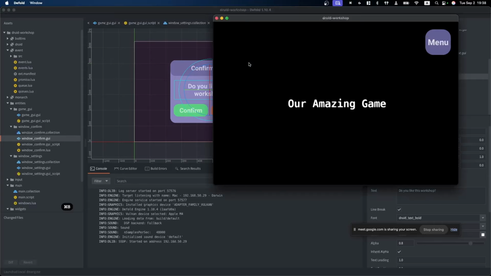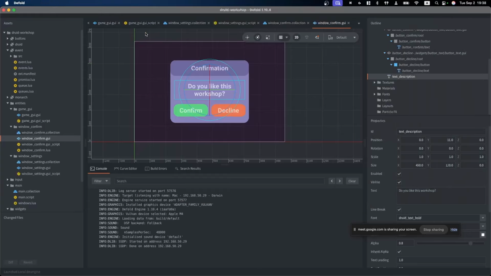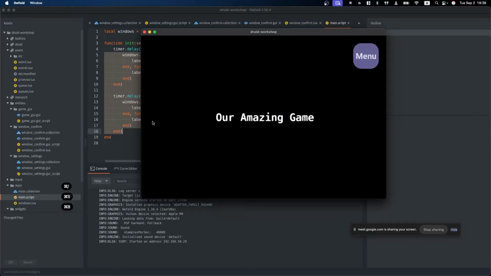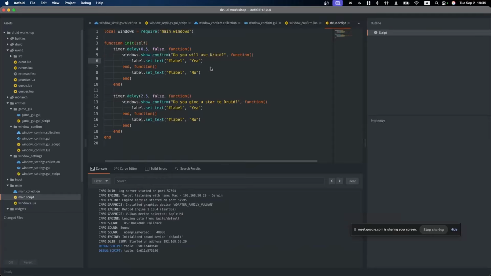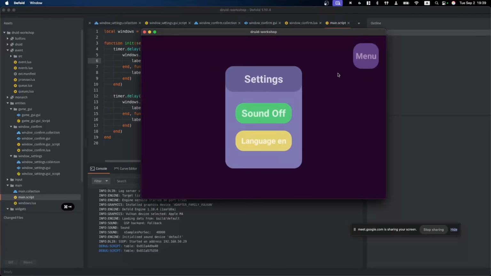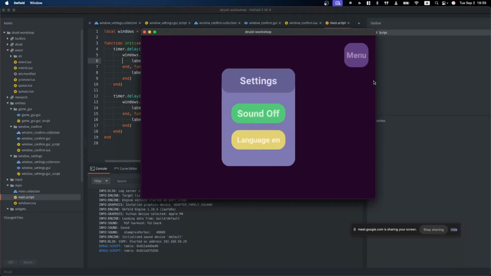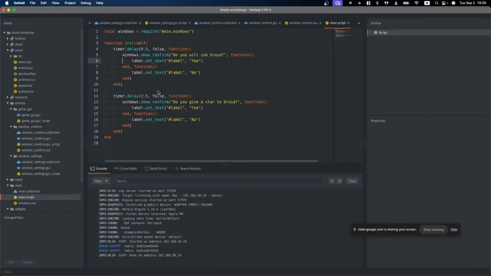end. So what we already have, we have two GUI files, GUI pop-ups, window settings, and confirmations, which can be called from UGame, interact with UGame. It's a menu button with some settings you can adjust. It's clickable, it's stretchable, so it will look pretty okay for each of aspect ratios.